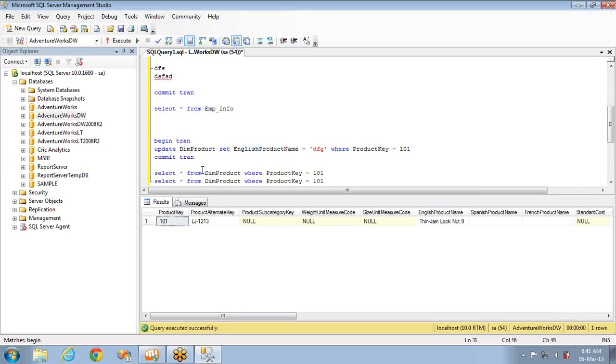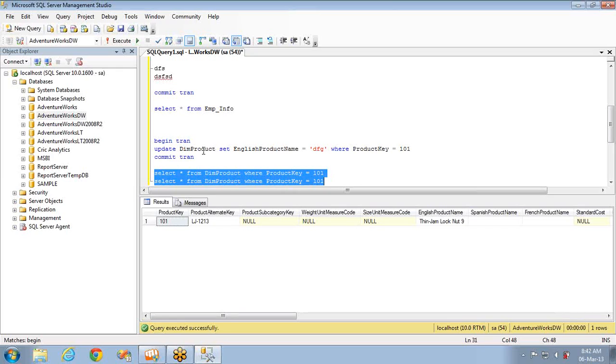Let's say I have two select statements executing with the same where condition on the same table. When the transaction is currently in progress and I execute the same statement multiple times, the first read will give me one value and the second read will give me a different value,